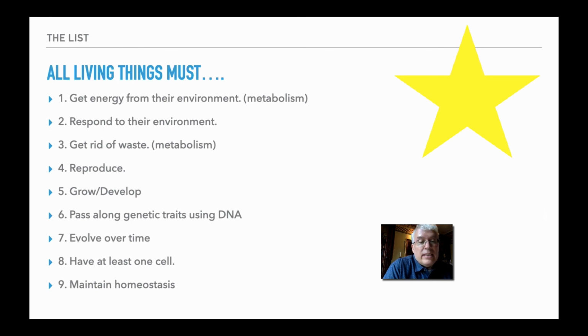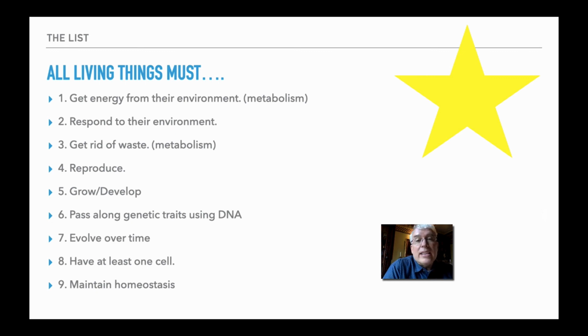Number 8, all living things are built from cells, which means they have to have at least one cell. Humans have billions of cells arranged as tissues and organs and body parts, but something like an E. coli bacterium only has one cell. But remember, bacteria are just as alive as humans are. And finally, number 9, the concept that we just went through, the idea of maintaining some type of inside environment that's different from the outside environment. And that might be body temperature, that might be how wet or how much water you have, or it may be how fast or how slow a certain body system is working. But all of these things together give us our list of the characteristics of living things.